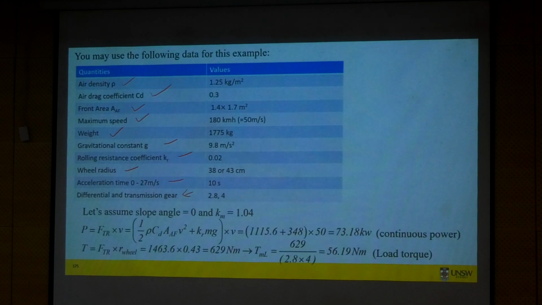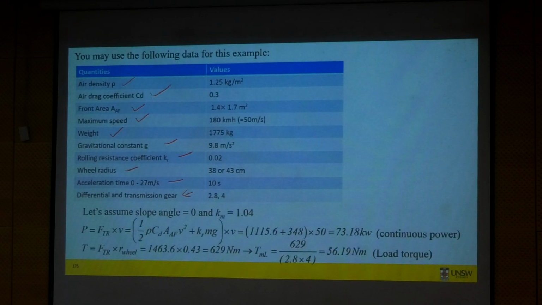Okay, this is of typical car values. I can't remember which car it was from, maybe Tesla or something. These values were taken for a typical electric car, and this sort of parameters will be easy for you to find. Now, using this,